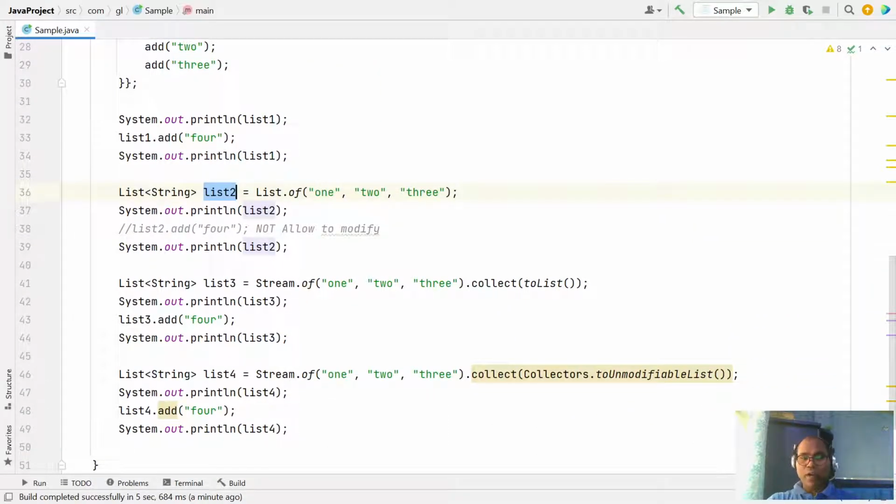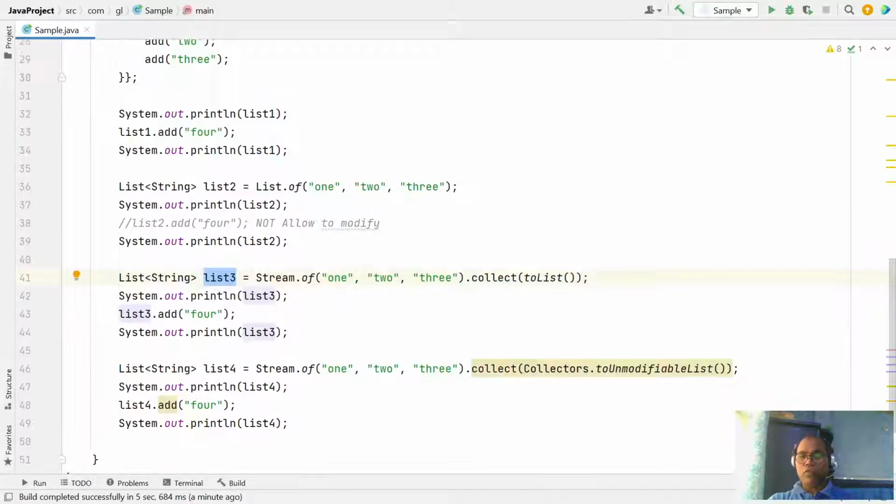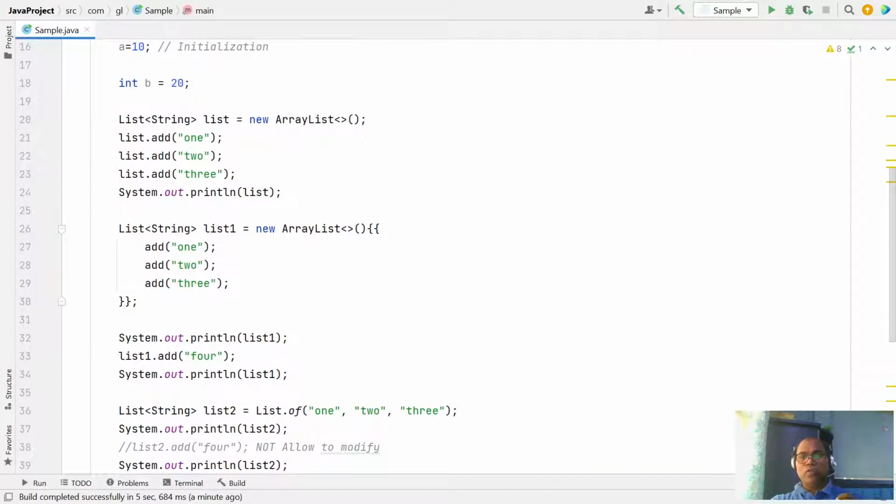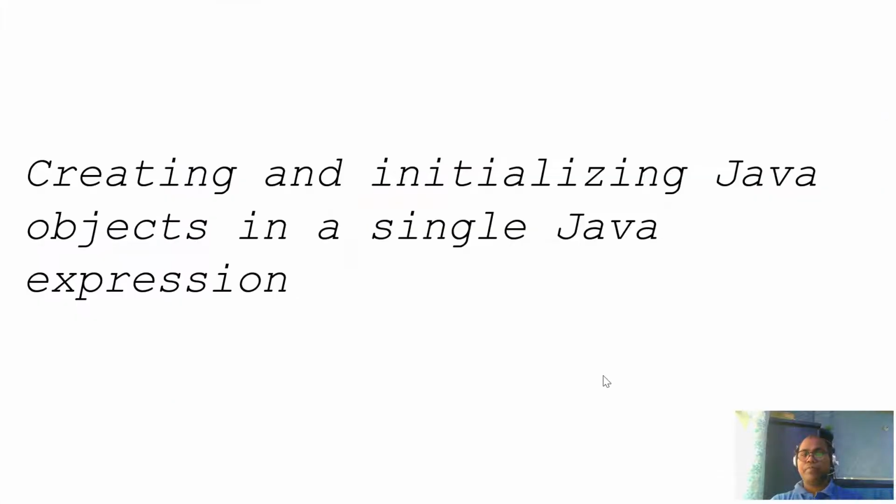If you want a modifiable list, you can use Stream.of. Stream.of creates the collection using whatever values you give, modifiable. But if you want it unmodifiable, you can do that too. So this is a very simple way to create collections and initialize them at the same time. This is double brace initialization: creating and initializing a Java object in a single expression.